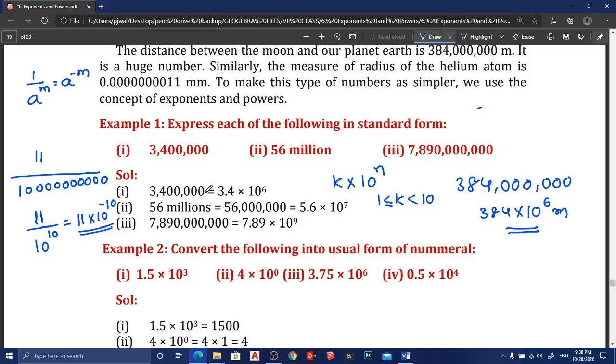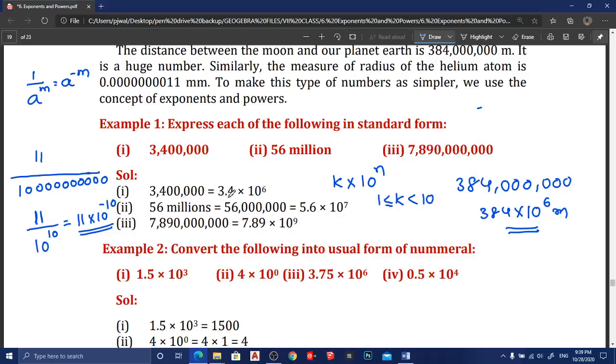See here from the right, how many zeros are there here? 5 zeros are there here, and remaining all are significant numbers, numbers except zeros. How many numbers are there here? 3 and 4 are there here. From the left side, leave one digit and put a point here. Okay, this is the procedure. Listen carefully. From the left side, leave one digit. This 3 you have to leave.